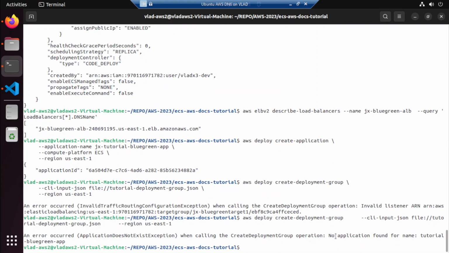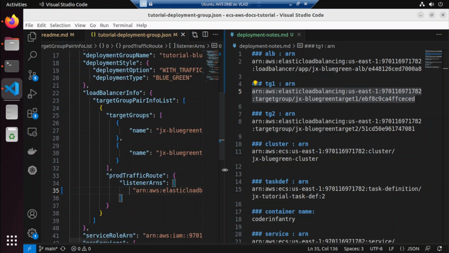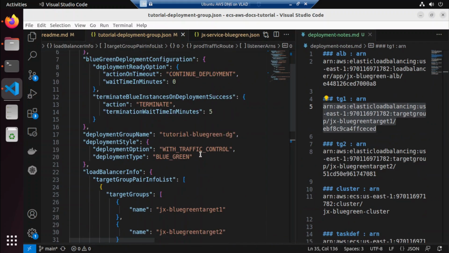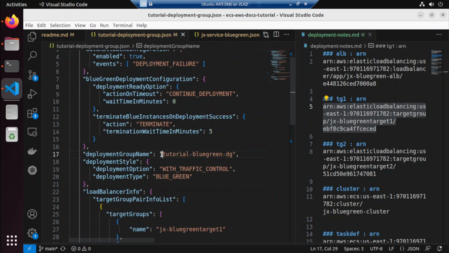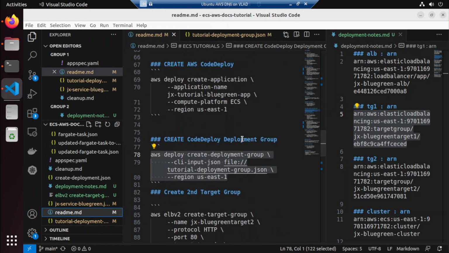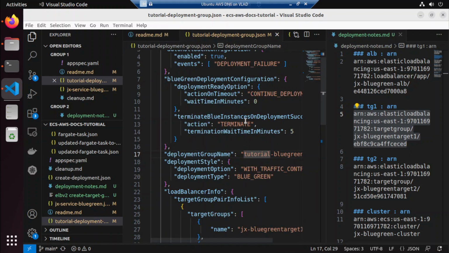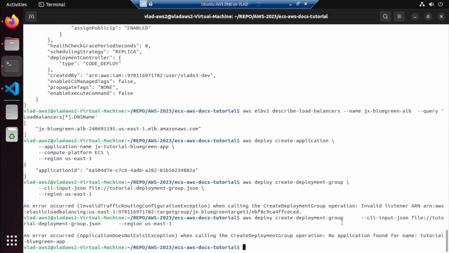No application file name tutorial. Application name. Yeah, so let's go to our readme. This is the deployment. We'll deploy. This one here might be the one. Tutorial blue green app. Tutorial blue green app. So this is the deployment group. It's complaining about